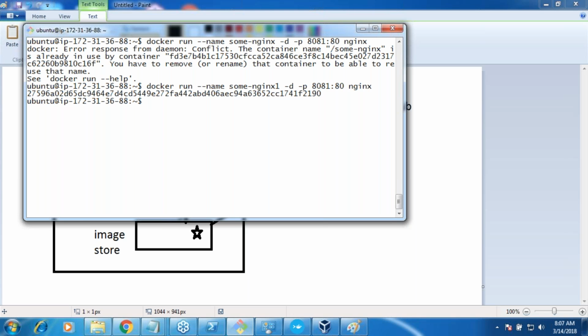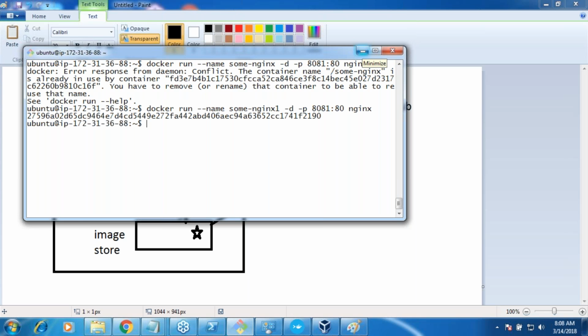The first time we ran it, it was downloading the image and we got a lot of stuff. But now, is it downloading? No. So what happened? Whenever you said Docker run, the client asked the daemon, do you have an image called Nginx? It said yes, then run it. Simple. Are we getting the whole point?